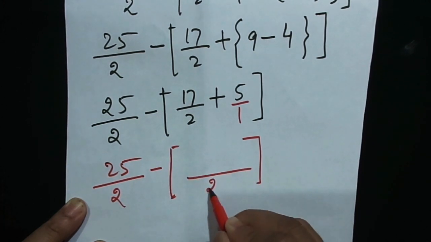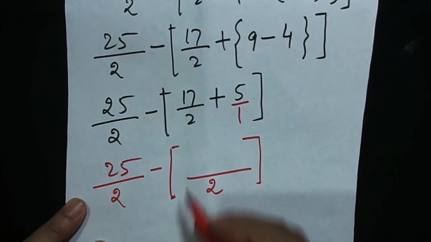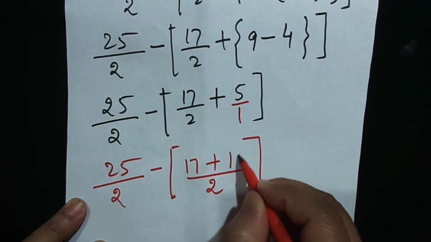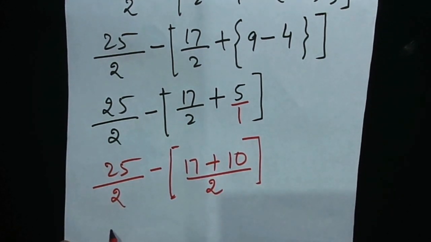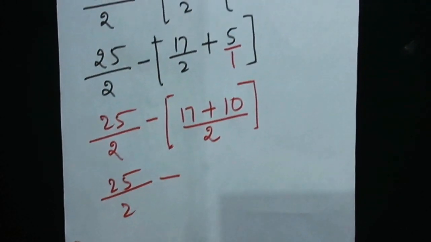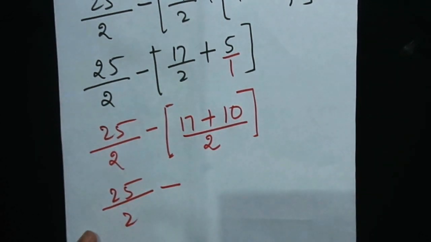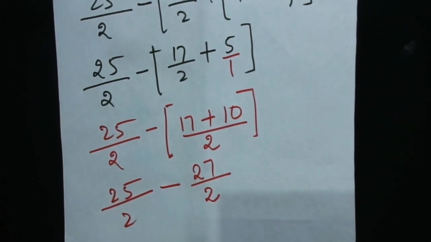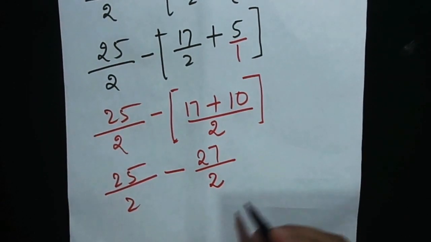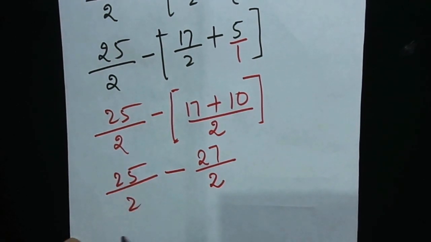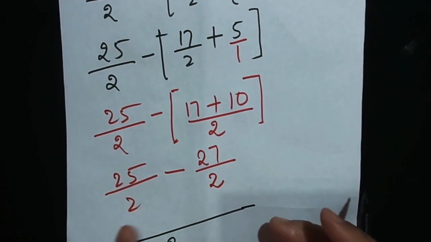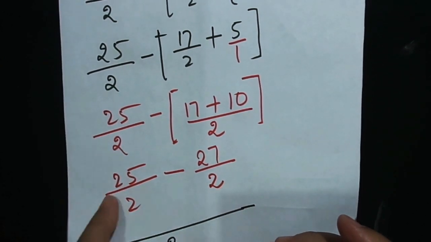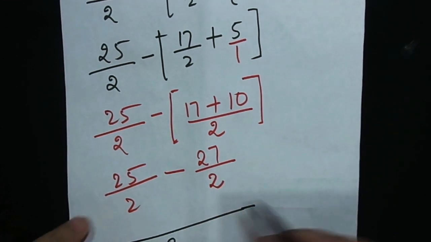Let me take the LCM of 2 and 1 as 2. So here we have 17 plus 10. 25 by 2 minus 17 plus 10 is equal to 27 by 2. See, just we are proceeding on. I am writing big also so that you people can understand. Once again, I am going to take the LCM over here as 2. I am happy because both the denominators are same,